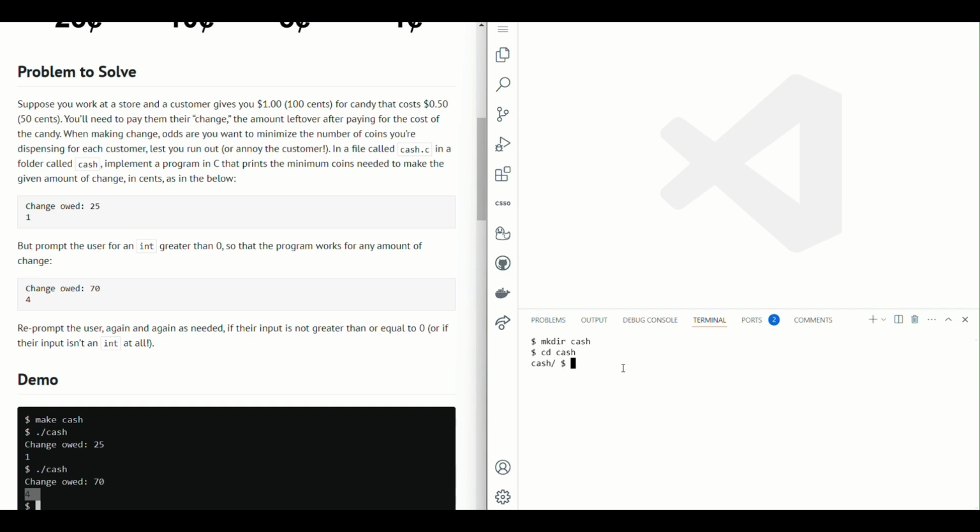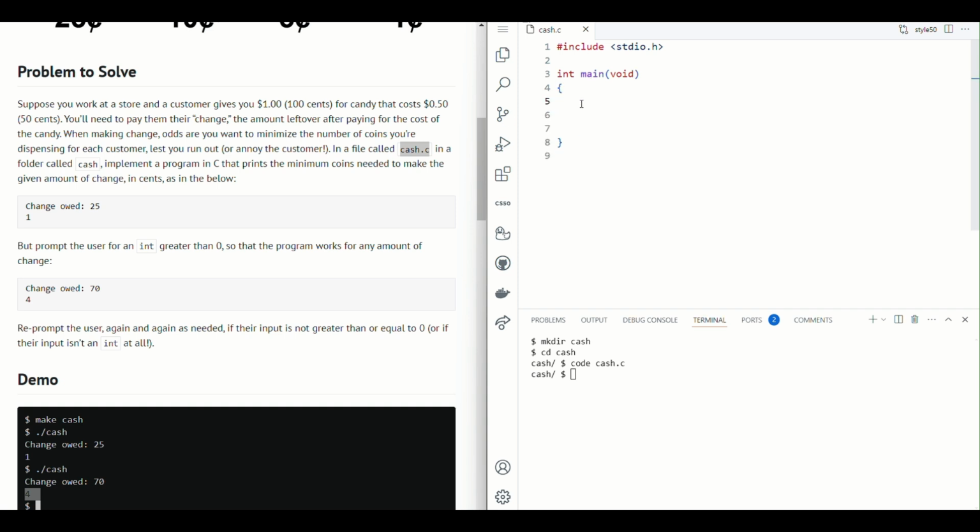Now as you can see, we are inside this folder, and in order to create a new file named cash.c, we will write code cash.c. And as you can see, a new file of cash.c has been created, and then we'll write #include <stdio.h>, int main(void),